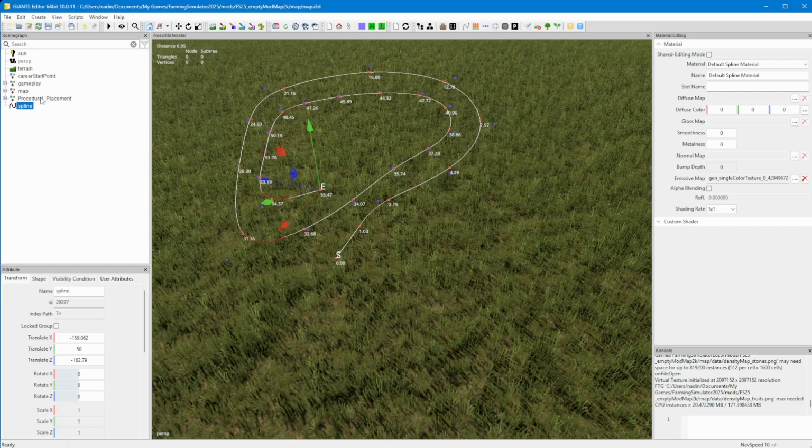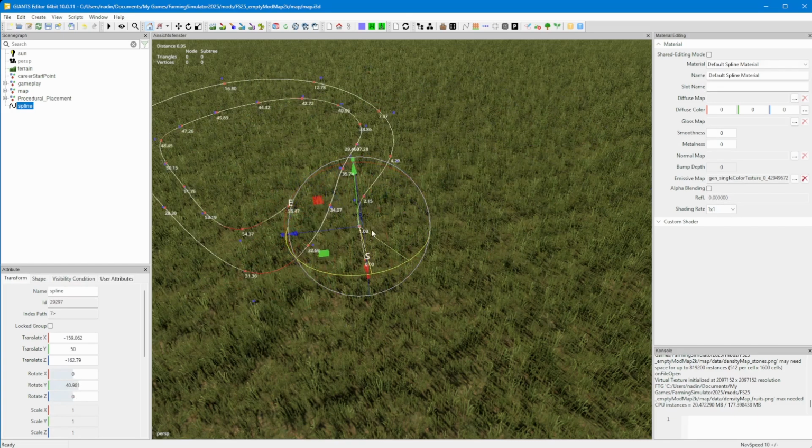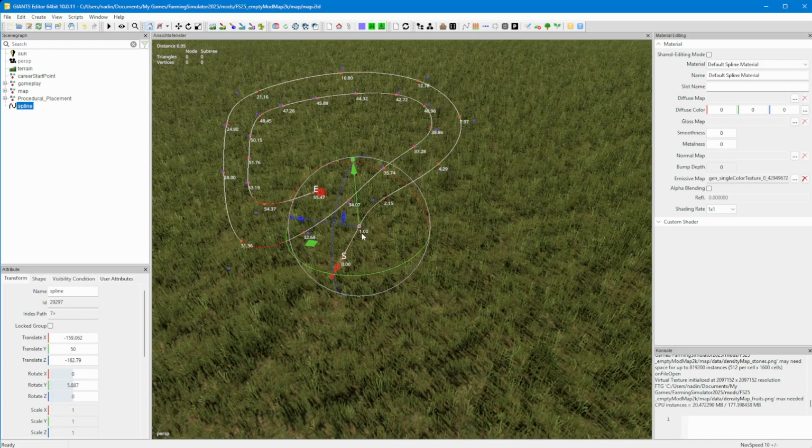Second thing is, don't rotate splines. You are able to rotate a spline like this, but you should not do it, because doing it messes up some other things in the background. If you use that spline for AI traffic or something, that can mess it up a lot. So here we can see that I do now have a rotation on it, and to get rid of it